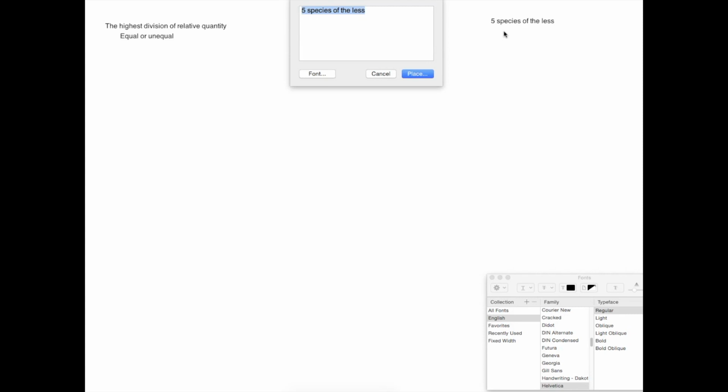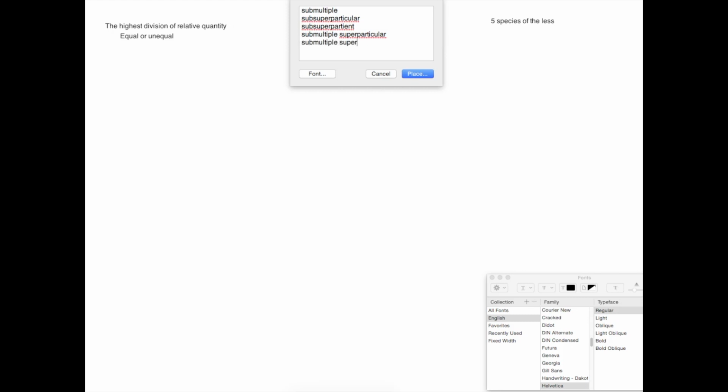Next, we have the 5 species of the less, or 5 species of the lesser, and those are listed in the very next sentence. And he says, and of its opposite, the less, there arise similarly by subdivision 5 species opposed to the foregoing 5 varieties of the greater, and then he lists them. Have the submultiple, the sub-superparticular, so basically the subversions of the other ones. The sub-superpartient. Then we have the submultiple superparticular and the